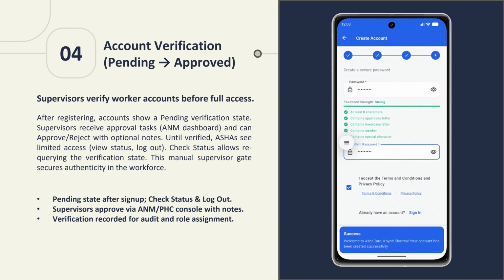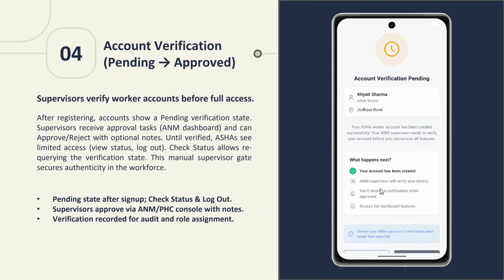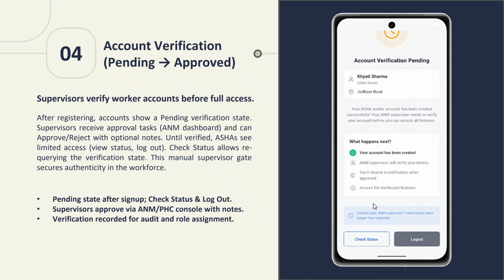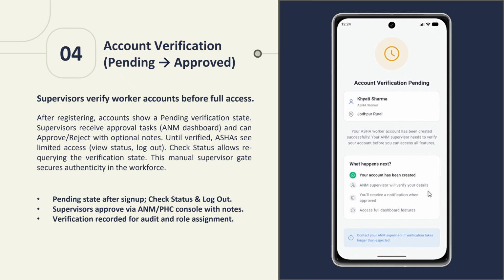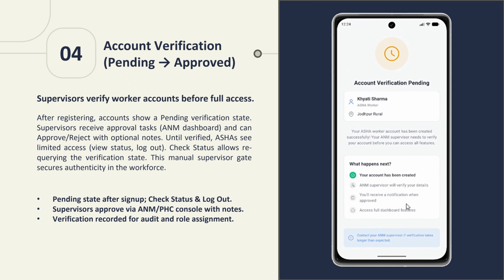Once the account is successfully created, the app directs the user to the account verification page. Here, it clearly indicates that the account verification is still pending. This is an important step. As an Asha worker, the account must be verified by their supervisor for ensuring the authenticity. The verification page allows the user to check their status, which currently shows pending, meaning the verification is still required from the supervisor's end. Finally, the verification screen provides two clear options: check status and log out, allowing users to track their progress or exit the app as needed.